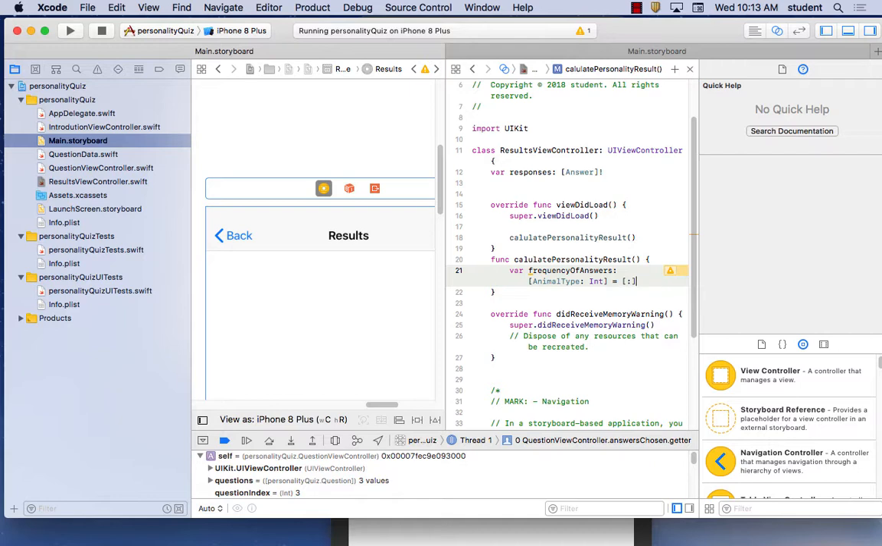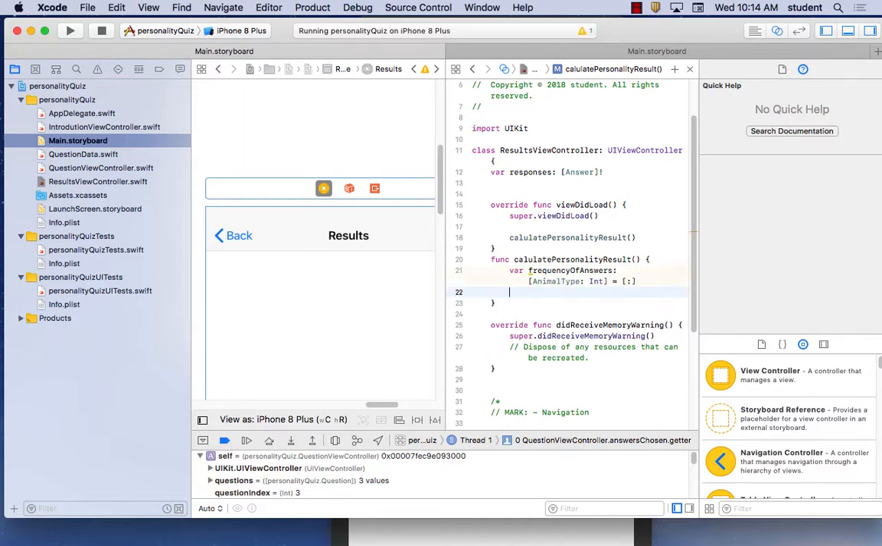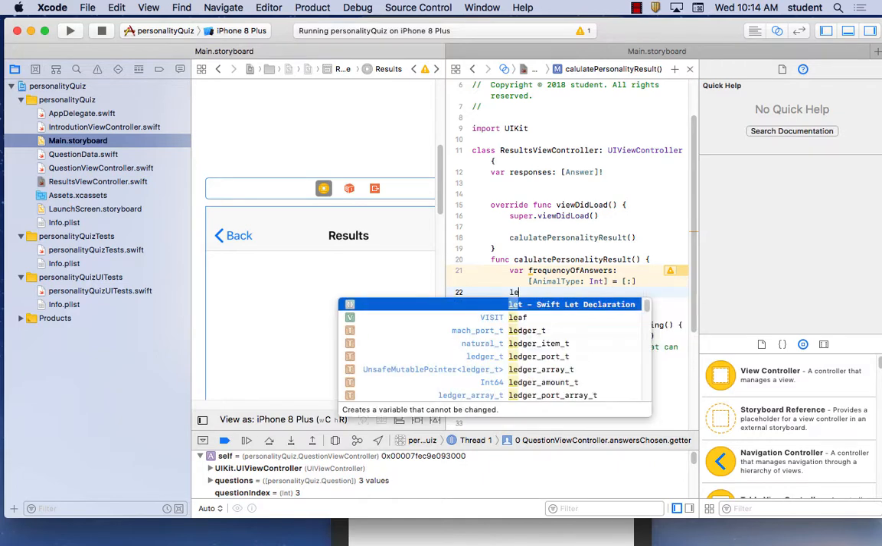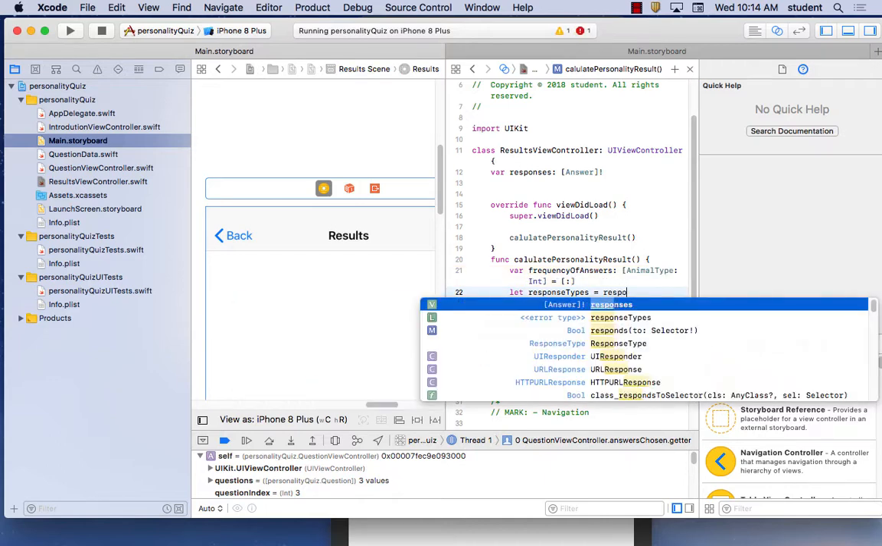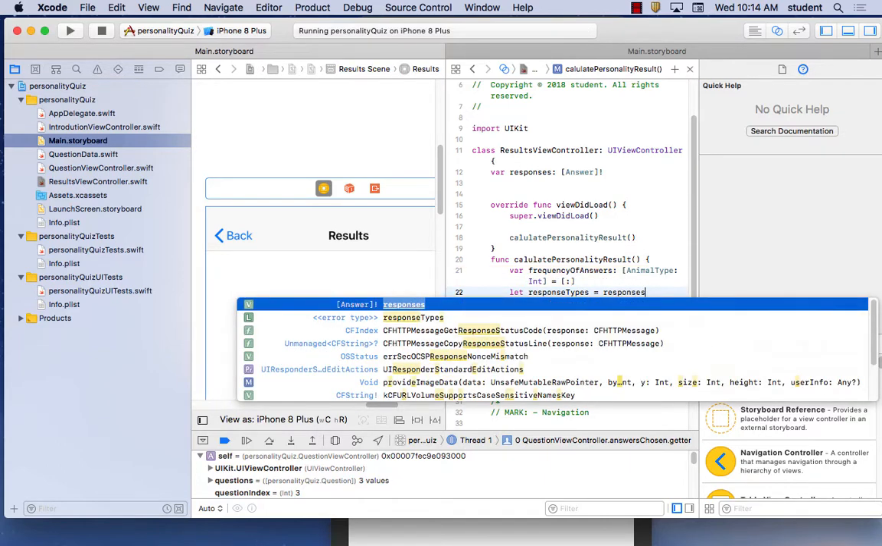When calculating the results, you'll need the entire answer struct. You only care about the type property of each answer. So you can create a new simplified collection by mapping each answer to its corresponding type. Add the following line. So in this case, response types equal to responses dot map